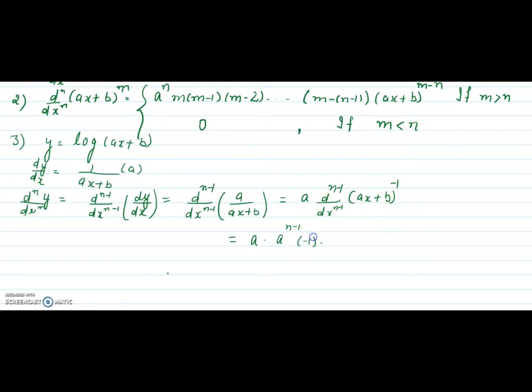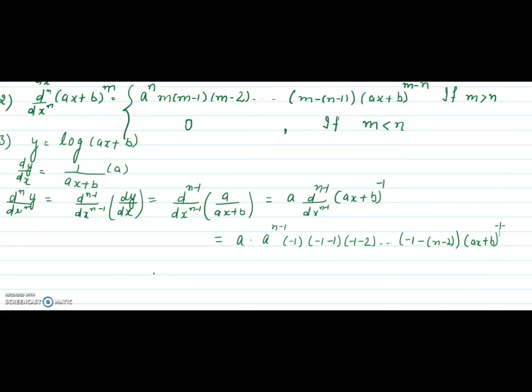So it is minus 1, minus 2, up to minus 1 minus, whenever we have nth order derivative, we subtract n minus 1 from m. When we have n minus 1th order derivative, we will subtract n minus 2 from m, which is minus 1 over here, into ax plus b raised to power minus 1 minus n minus 1,